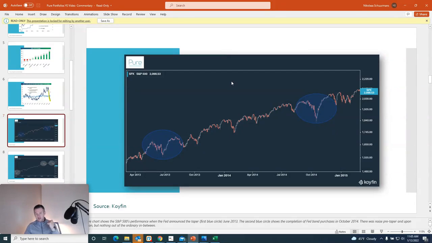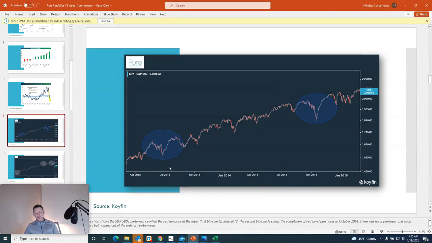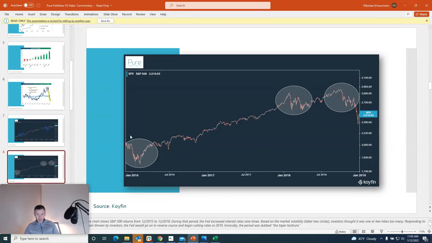Back to our previous taper and then hiking cycle, this occurred when the Fed pivoted and announced the taper. It occurred again when they stopped the taper. And fast forward again, so this was 2013, as you can see here, going into 2014. So announced taper, end taper. You can see these circles highlight the noise. And then again from 2016 to 2018, when the Fed increased rates 9 times. When they started, when they ended, there's noise in all these different changes in policy.